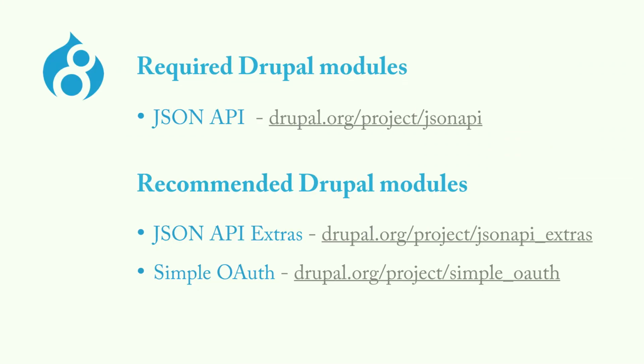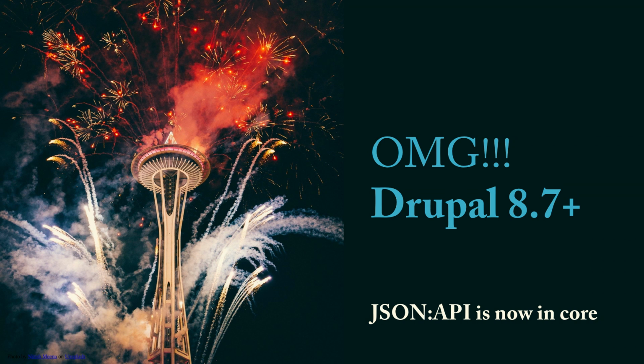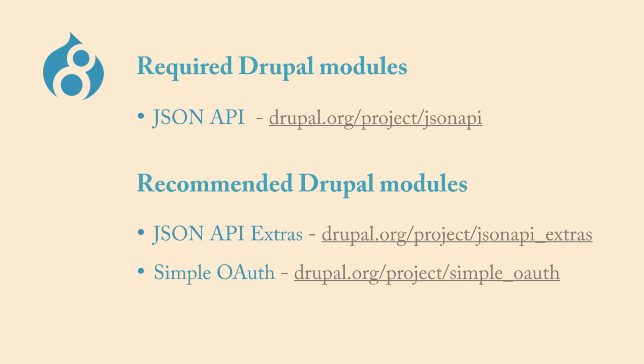So the only thing you need to do with Drupal in order to make it work with Gatsby is install the JSON API module. And actually, all you need to do now is just install Drupal because as of Drupal 8.7, JSON API is included in Drupal core. So really, you just need to enable the module. The JSON API module is one of many ways, kind of the primary one, that takes the structured data that Drupal has in its database for all of your content types, et cetera, and turns it into a machine-readable format,